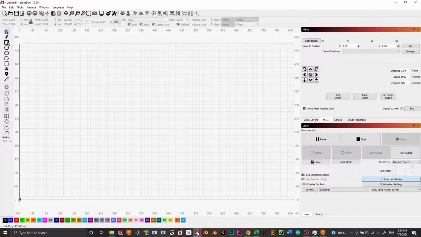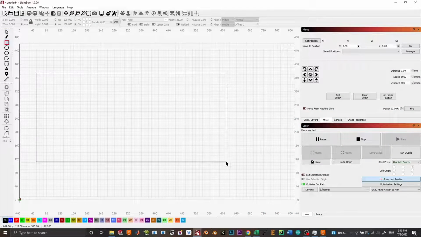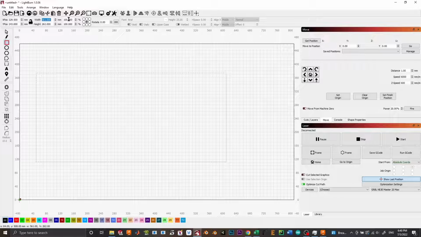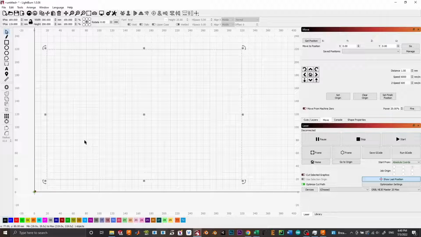To start in Lightburn, we're going to click the rectangle tool. We're just going to drag a basic rectangle out. We're going to set the width to 300 millimeters and the height to 200 millimeters. Now we're going to click the cursor icon. We're going to drag it over here in the corner, leaving a decent amount of spacing. The exact spacing doesn't really matter because we'll tell the laser to frame this shape, and it'll allow us to